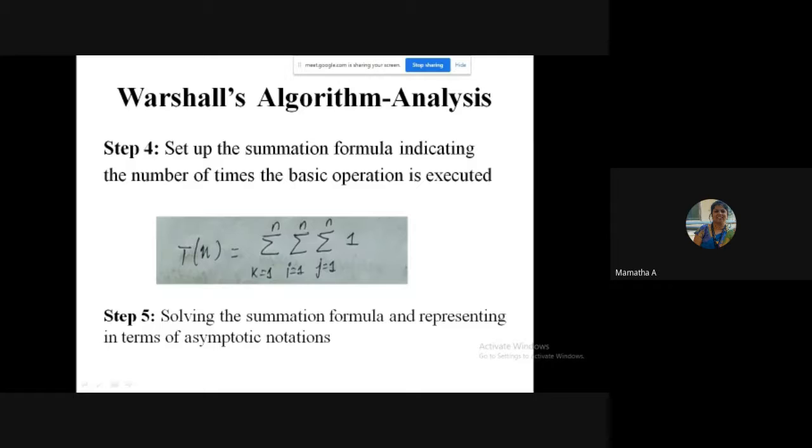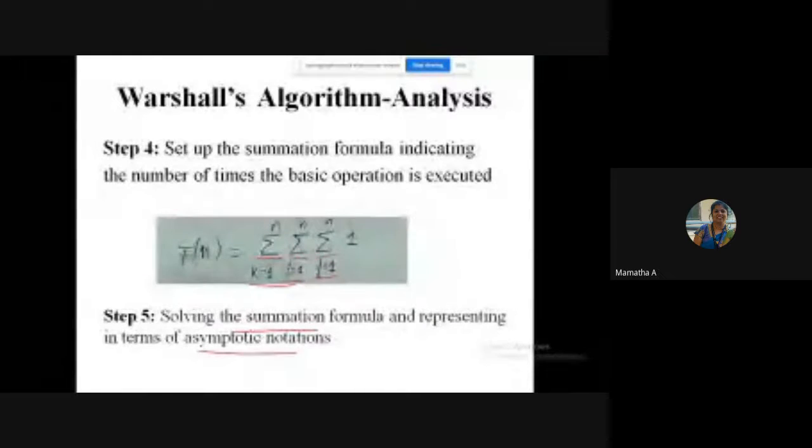Then the next thing that I have to do is solve the summation. You can observe there are 3 summations with respect to k, the outer for loop, the second outer for loop, and the inner for loop. Right? So you will have to solve the summation formula. Now, can anybody tell me what formula I have to use here? So if I take T of n equals to this, the summation that I have got, how do I solve the inner summation? Which formula will I use for this?